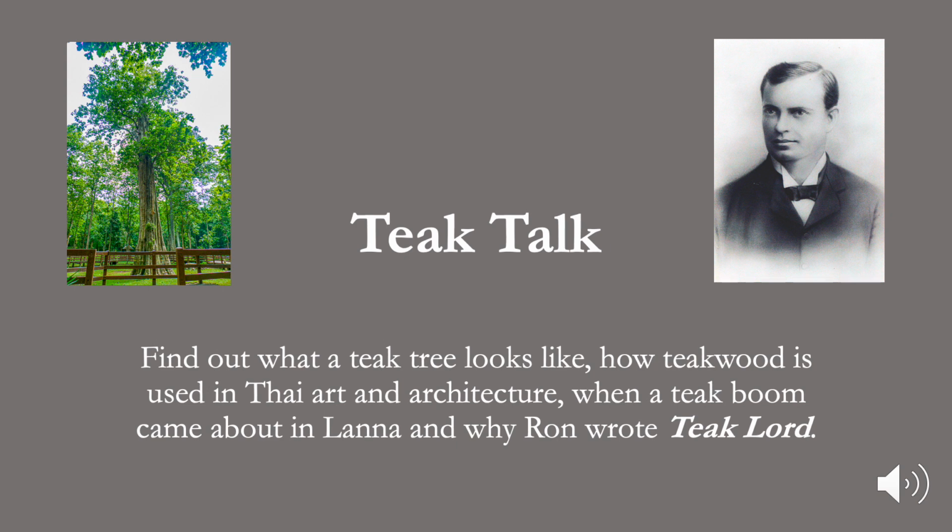Welcome to this Teak Talk, in which I will share my fascination for all things teak and give a brief introduction to my novel Teak Lord, which takes place in and around Chiang Mai in the late 19th century. And in the next short while, I hope you will find out what a teak tree looks like, how teak wood is used in Thai art and architecture, when a teak boom came about in Lanna, and why I wrote